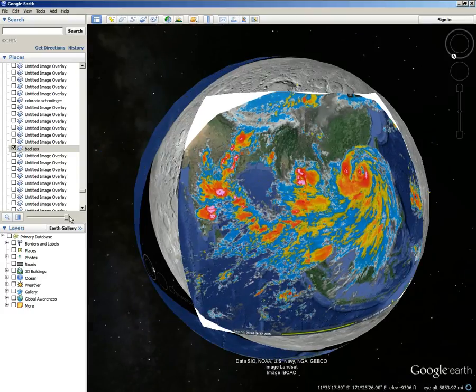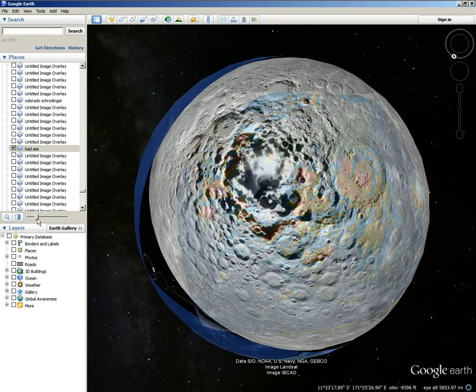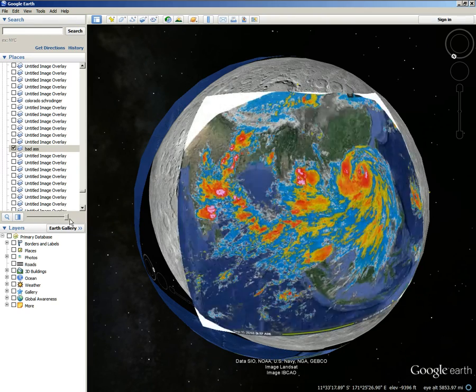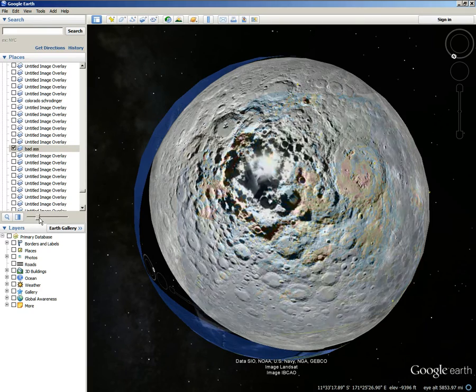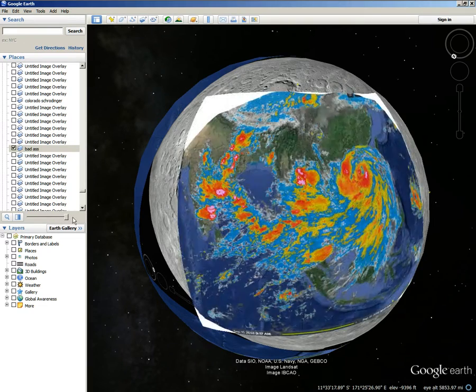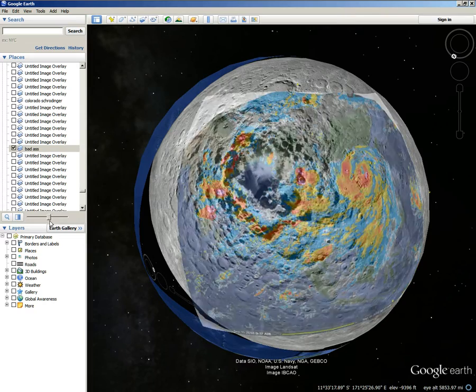Okay, now check it out. This is the lunar South Pole backwards underneath it, right here, flipped over, because if the moon were to hit the Earth, it's like a rubber stamp. You have to make it backwards. You have to flip it around. Okay, this is the lunar South Pole